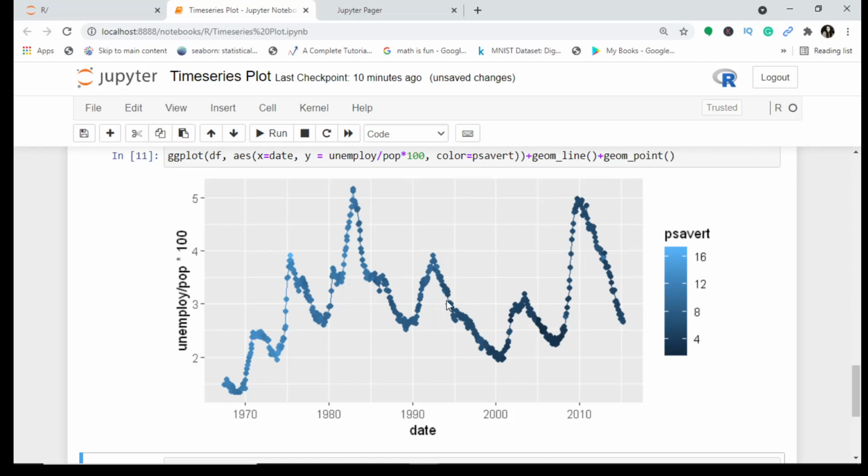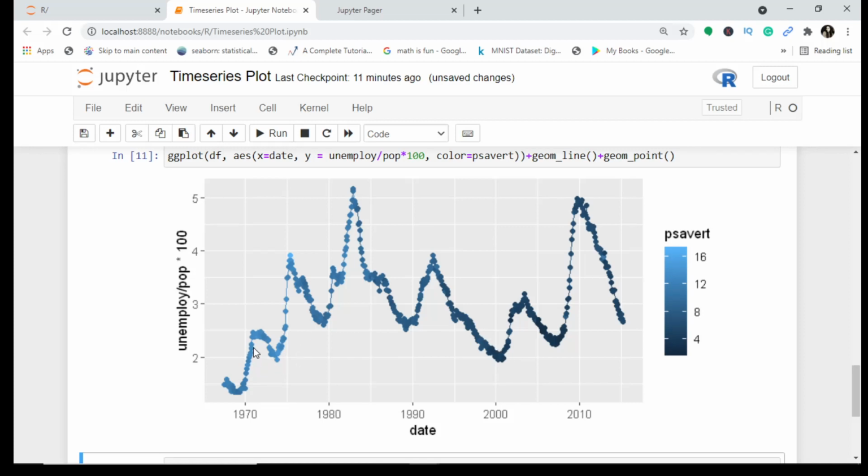Now here I can see that savings decreased. That means people had money, so I can lead to consumption rate also. They were consuming more and more, so savings were less, and unemployment is also less. So when unemployment is low, people tend to save less.